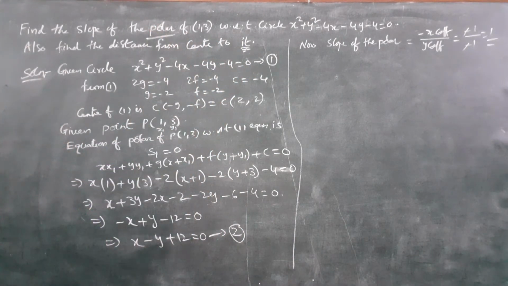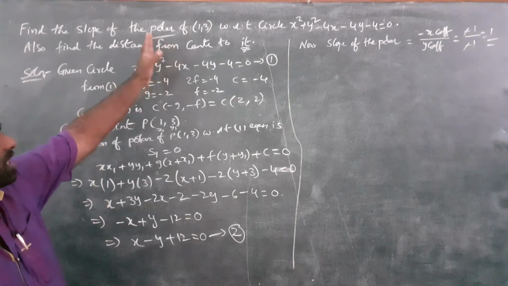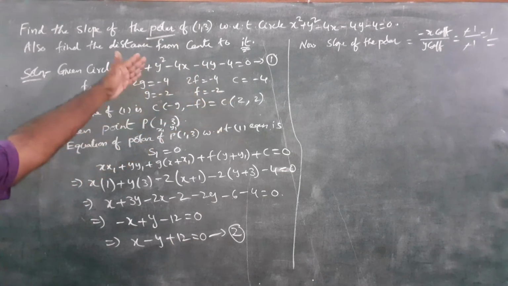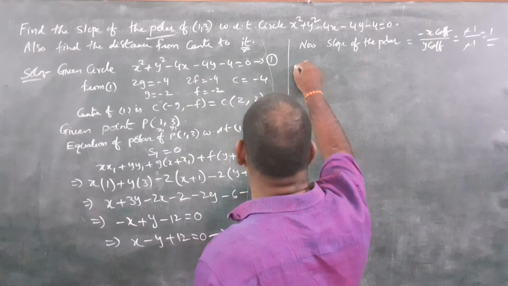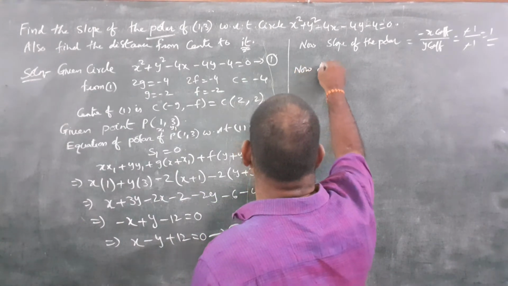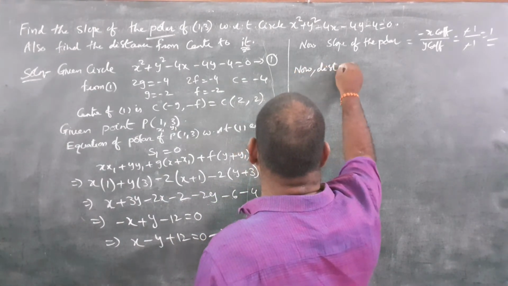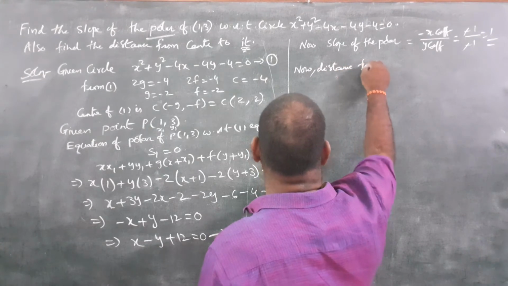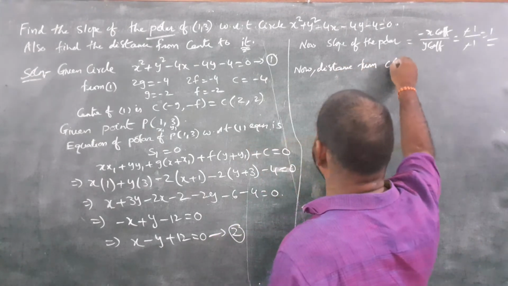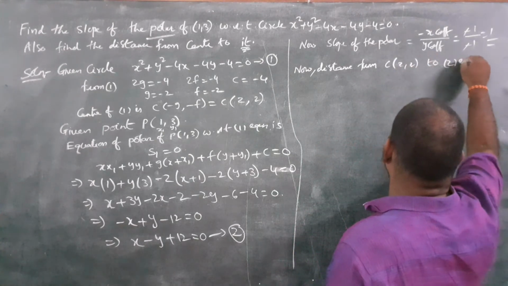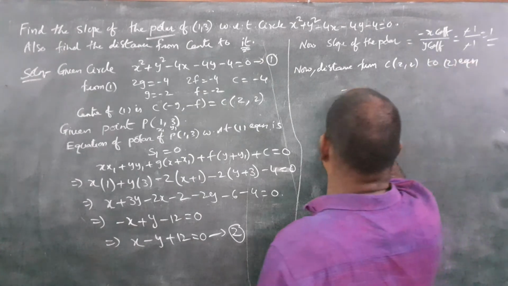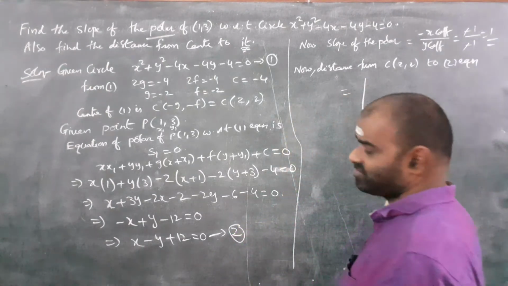Now what is the second part? Now we are going to find the distance from the center to the polar. It means the polar, so the distance from the center to the second equation. Now, the distance from the center C (2, 2) to the second equation is equal to the modulus of the formula